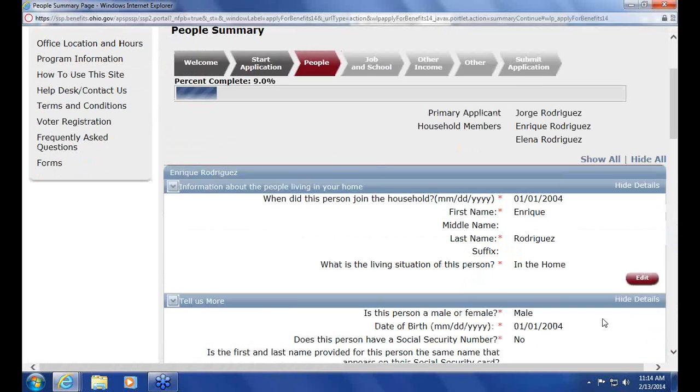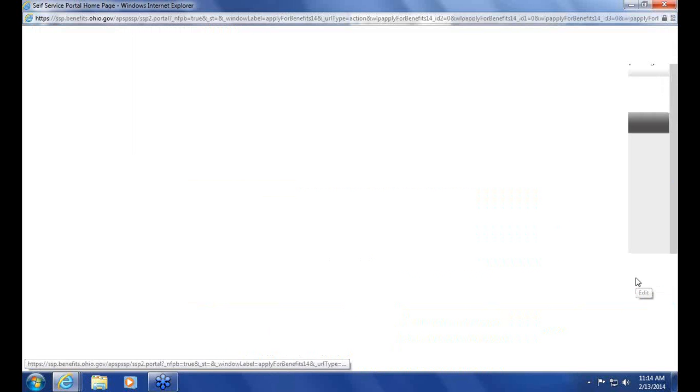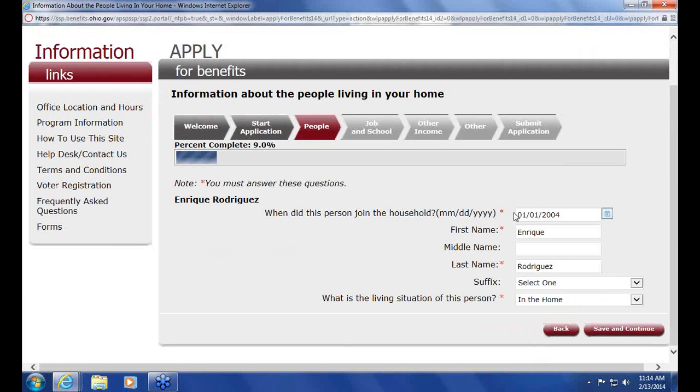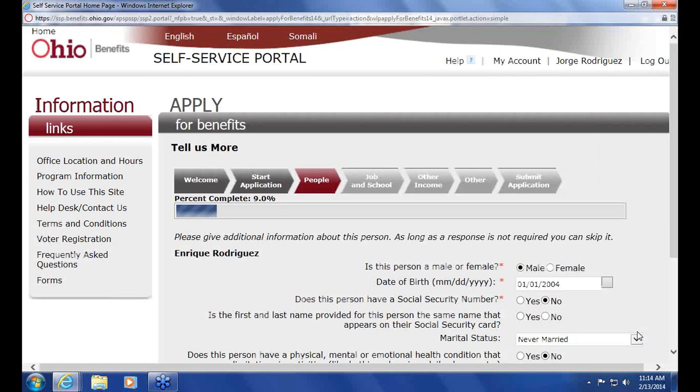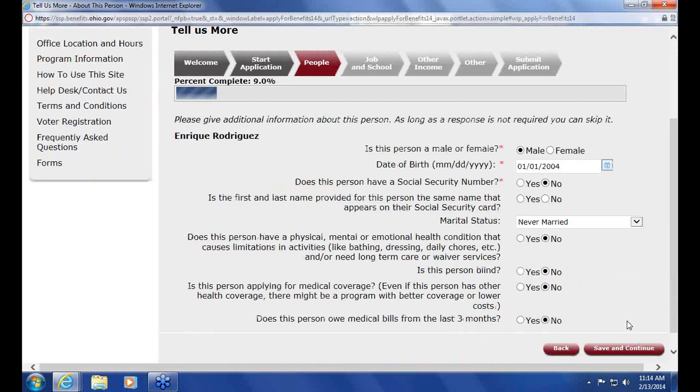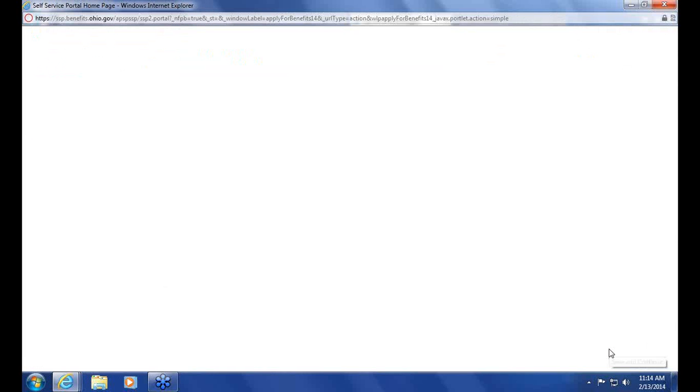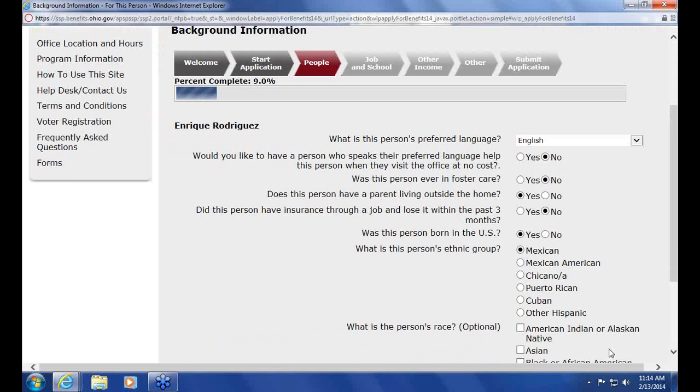Okay, so now it's just showing us a review page of the household information because we've already put it in, but I want to go to the edit page just to see what the page will look like when you are adding someone to the household. It's going to ask you the same questions it asks for the person who is the head applicant, and also the same demographic information.